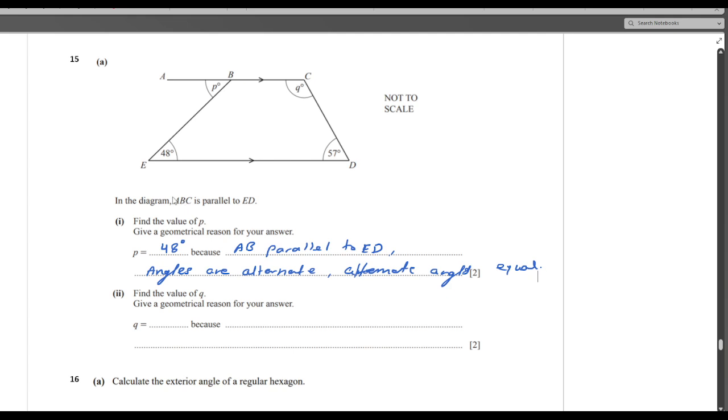Find the value of Q. Okay, now see here, AC and ED are parallel. So your Q plus 57 will be 180. Your angle Q will be 180 minus 57, so 180 minus 57 is 123. I will say that this angle is 123. And here the reason is they are interior angles formed by parallel lines